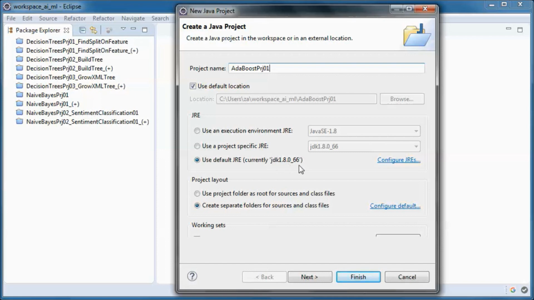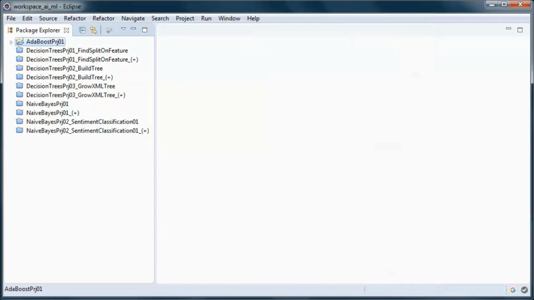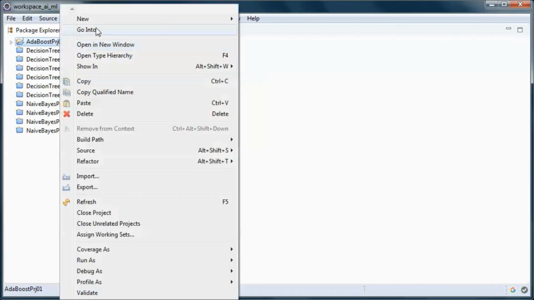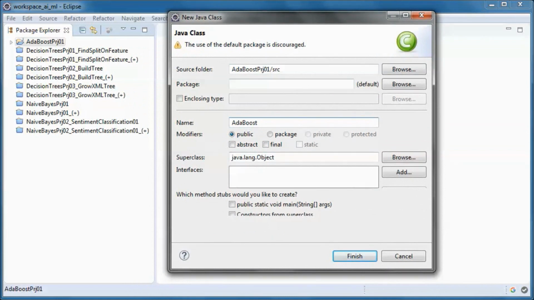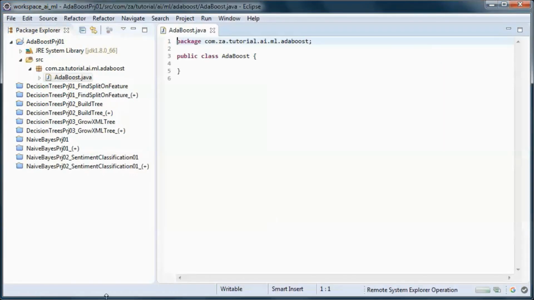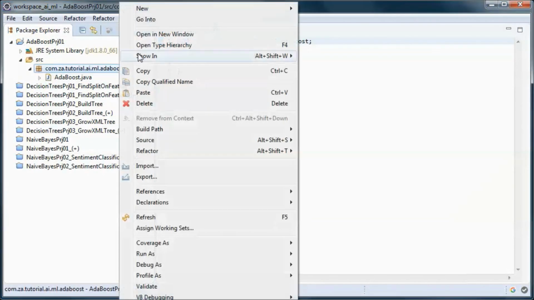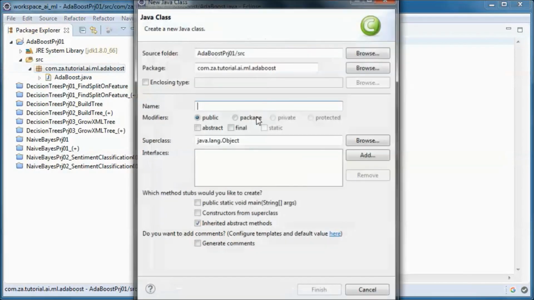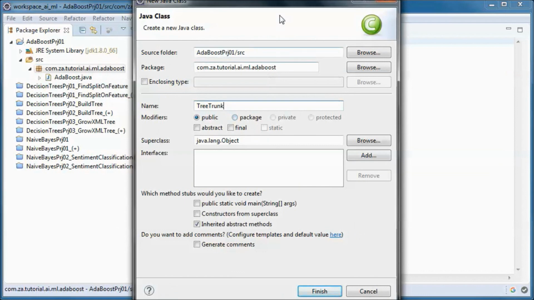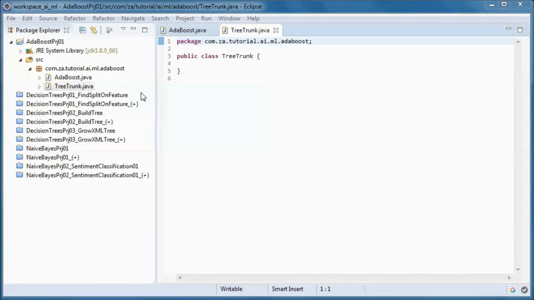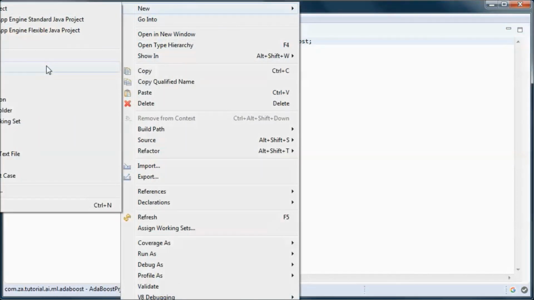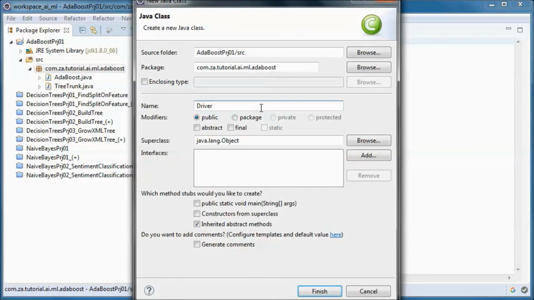So we will need the full JDK, and this class will contain the AdaBoost logic, and the overall classifier will be made up of tree trunk classifiers, and this will be the application driver class.